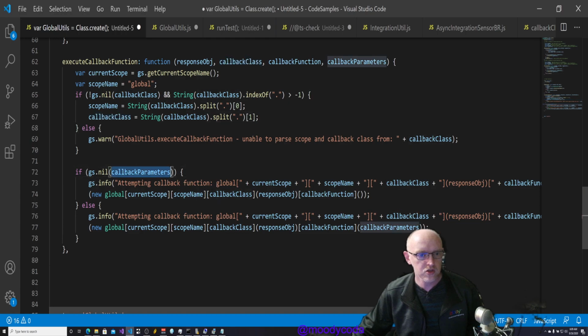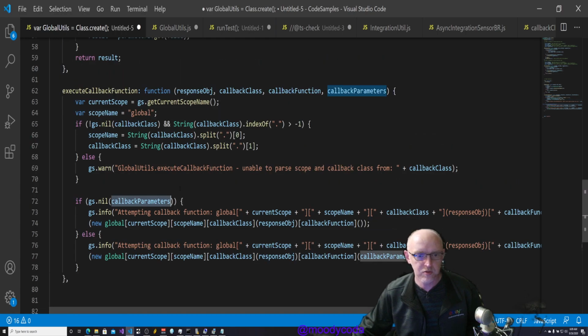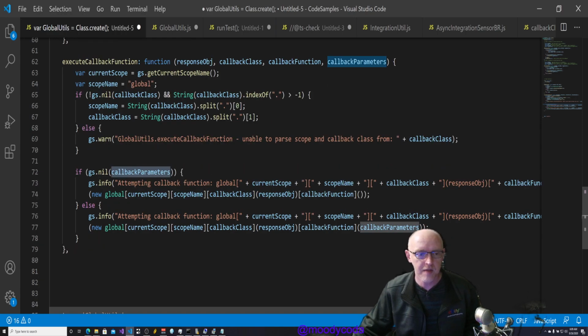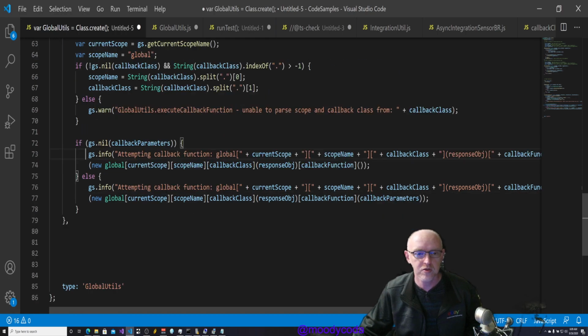And then we check to see if callback parameters were provided. And in our case, we did. We provided a custom object. So that means we're going to be in our else clause to process our custom object. But let's take a look at the if side first. So if there were no parameters provided, then basically what we're doing here is just like you would create a new instance of a script include